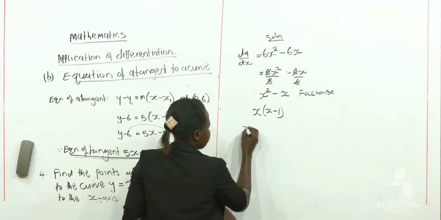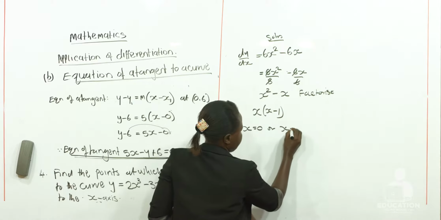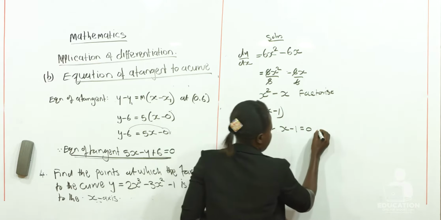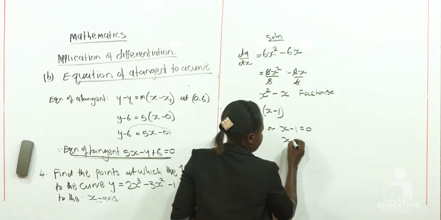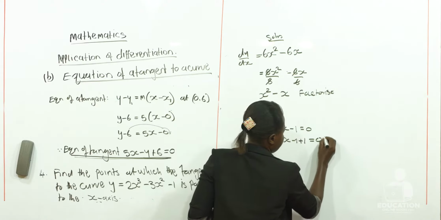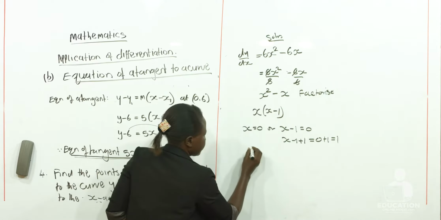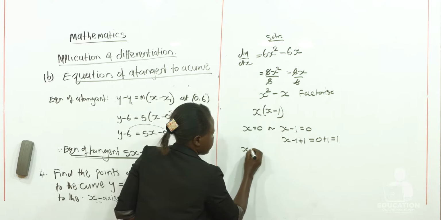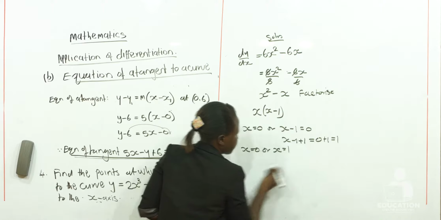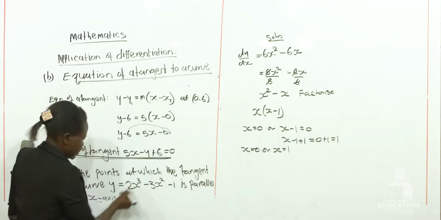So we simply say we have x equals 0, or x minus 1 equals 0, which will give us x minus 1 plus 1 equals 0 plus 1. So our answer is 1. So the values of x, we have x equals 0 or x equals 1. So after getting those values, then we can do what? We can substitute into our